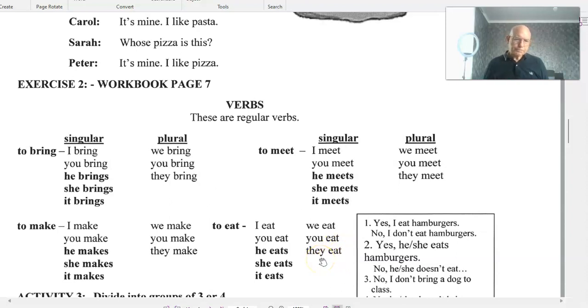So in the present tense, that would be considered regular, but it also has a strange